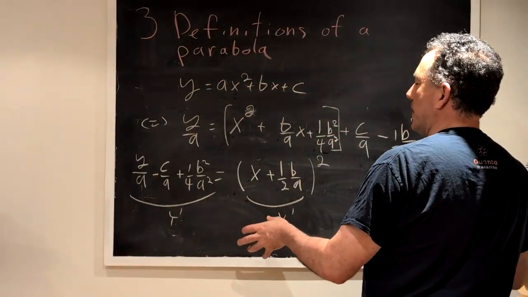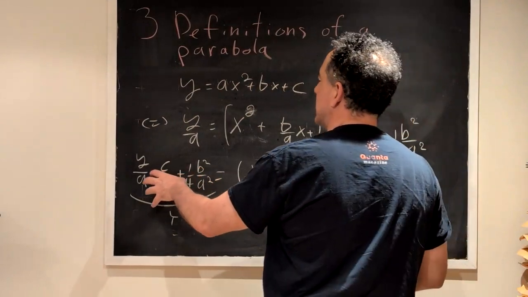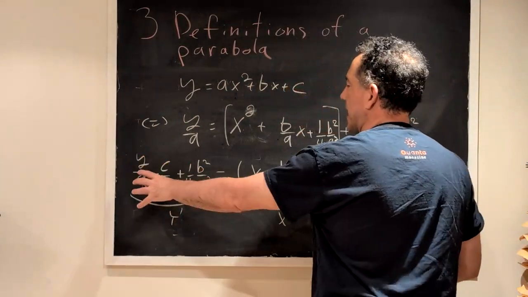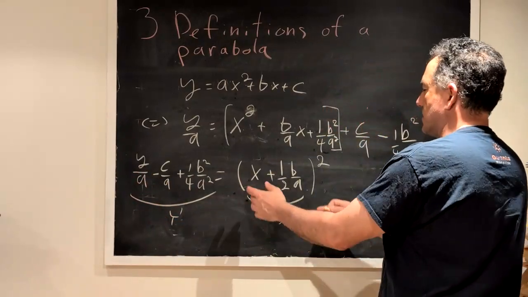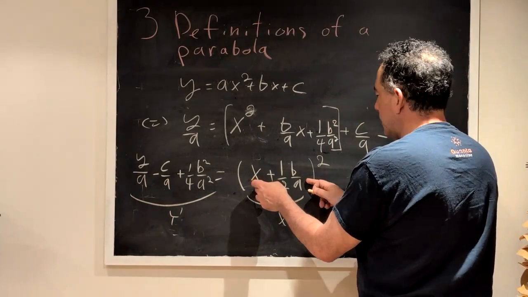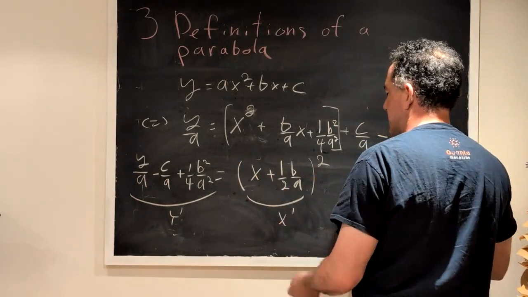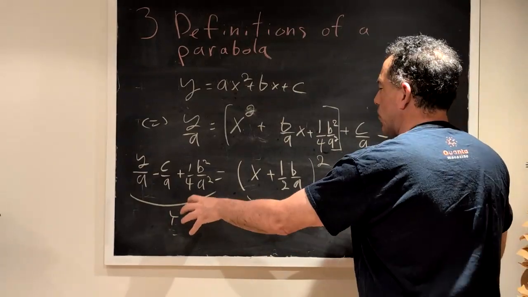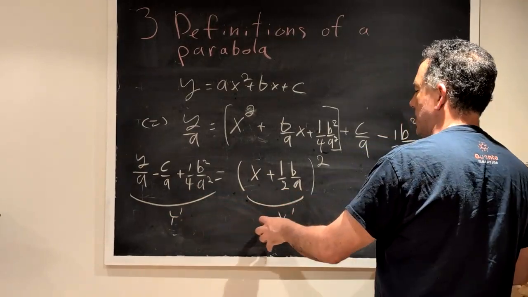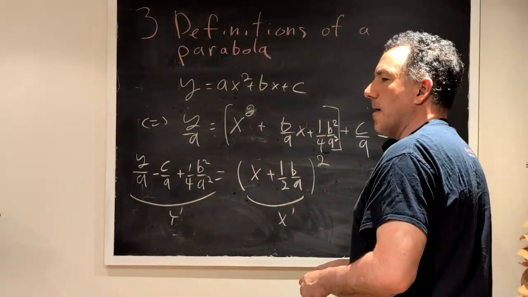So we have something that is simply a translation and a rescaling of the y-axis that gets us a new variable y prime. And we only need a translation of the x-axis to get the x prime. So we get an equation of the form y prime equals x prime squared,